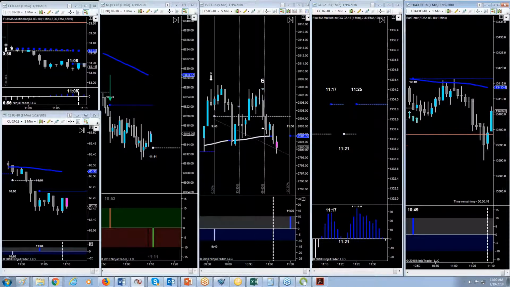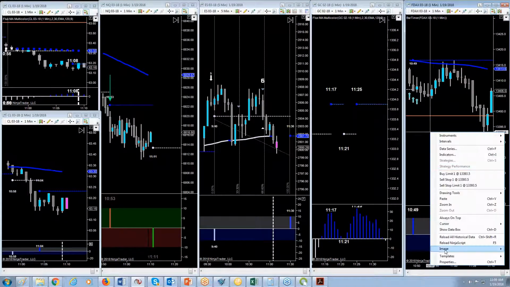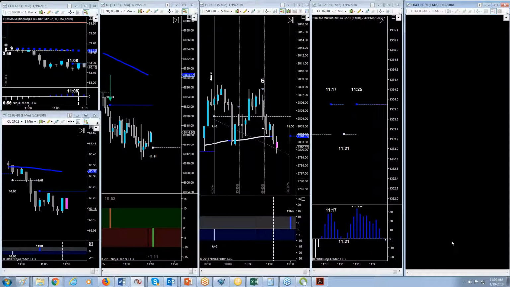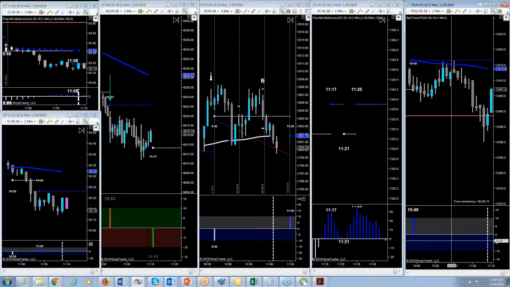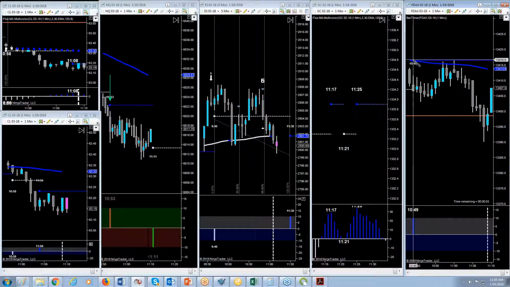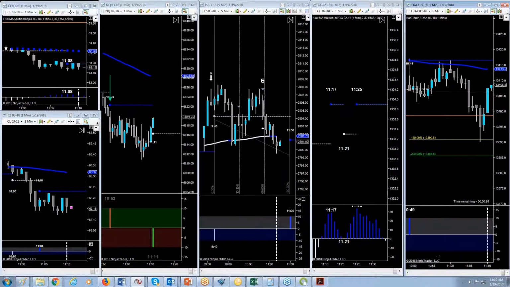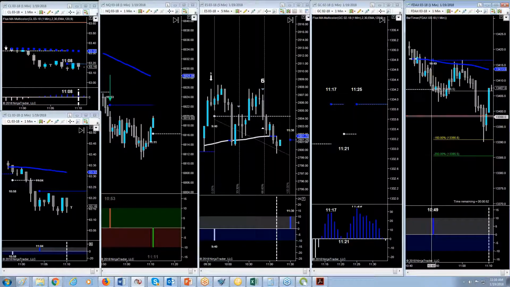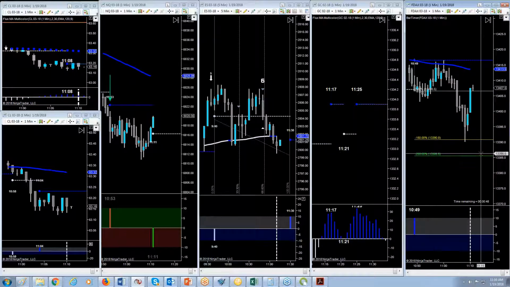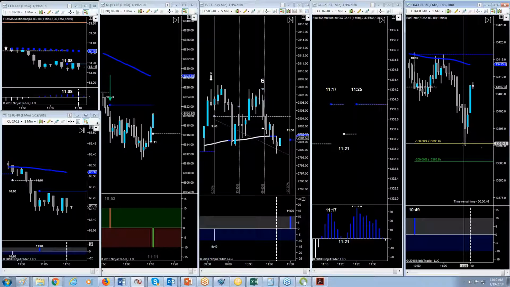All right, if you were short in the DAX just now, your stop was not hit. Your initial stop would have been at $17. Your entry would have been here, and you just hit break even. So on the DAX, you hit 150% of your risk just down here at 90.